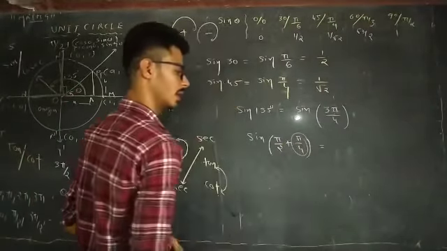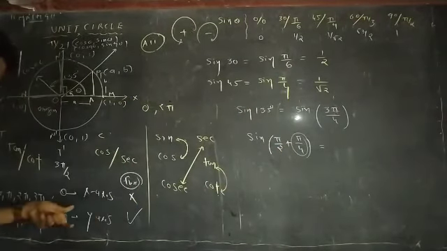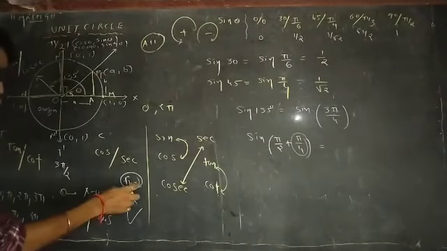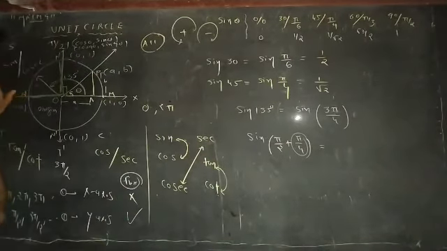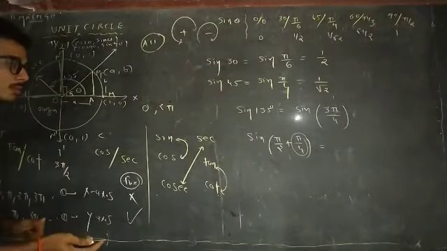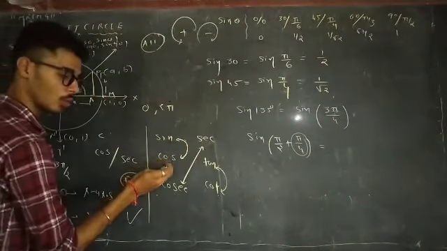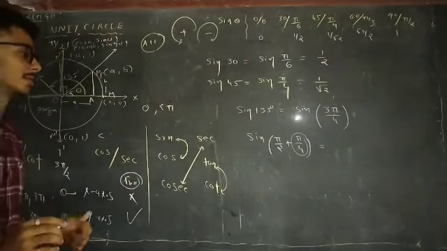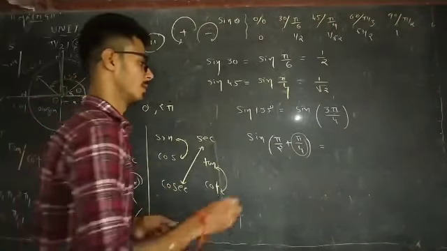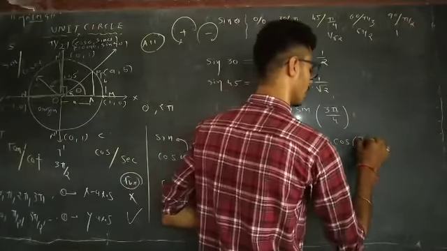But before that, sin pi by 2 is from the y-axis. 0, pi by 2, it is in fraction, so the function is going to change. In which case? Sin is changed into cos and cos is changed into sin. So here sin is there, sin is converted into cos. So we have to take cos pi by 4 as it is.